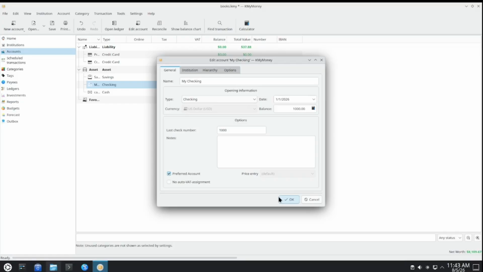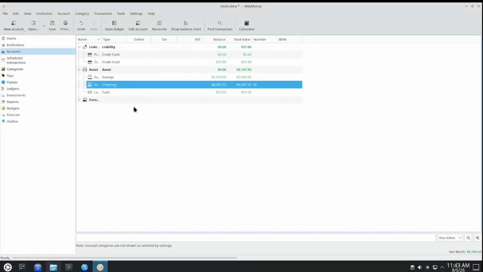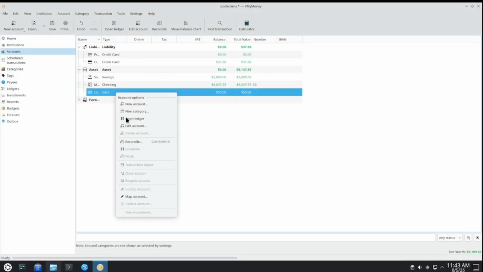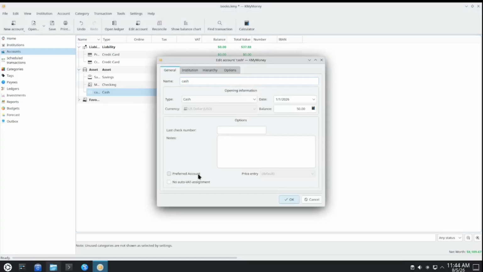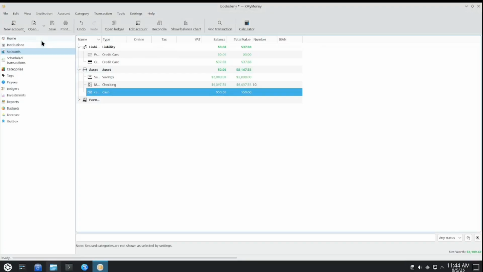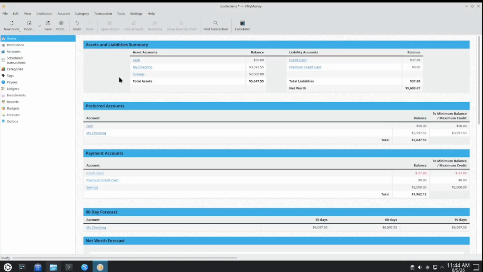Check that box, press OK, and do the same thing for cash. Mark it as a preferred account, press OK, and now when we go back to the home page, you'll see there's this preferred accounts section, and